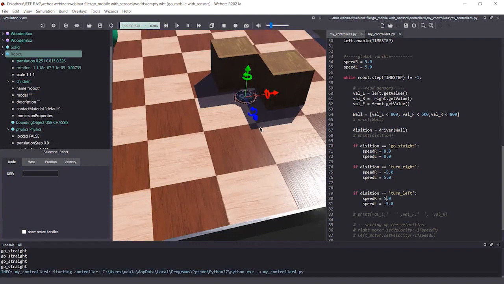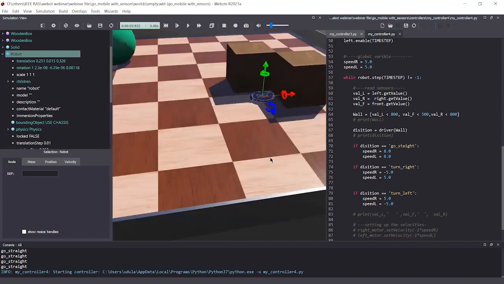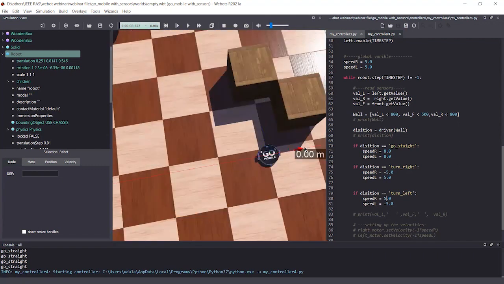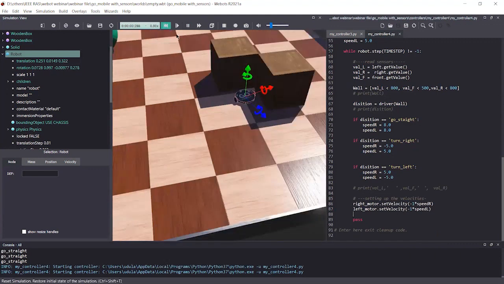The driver goes straight. Okay, we put the driver here. What happened was I commented out the speed part. Yeah, the driver is turning right, and the driver is running.